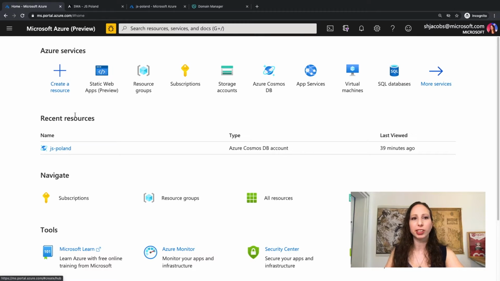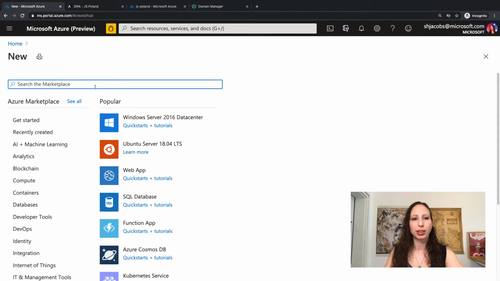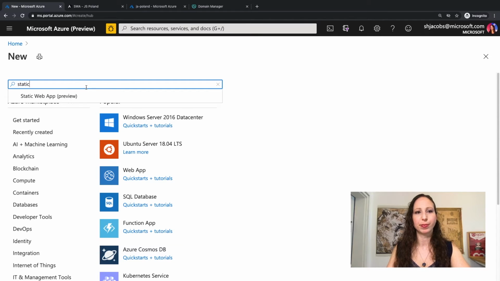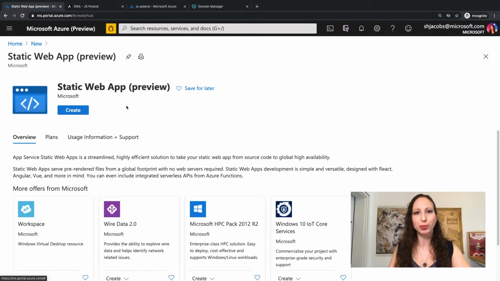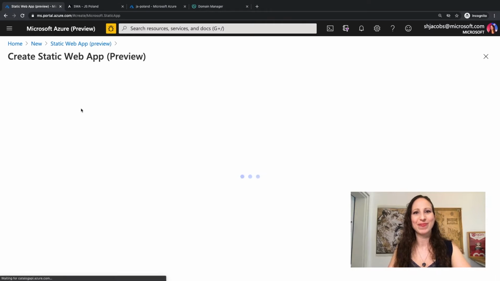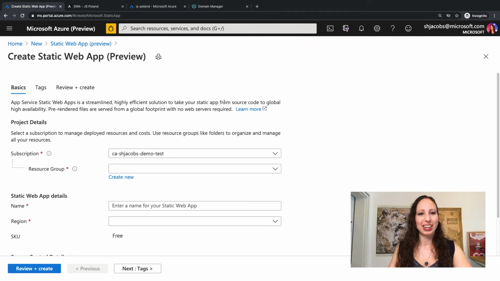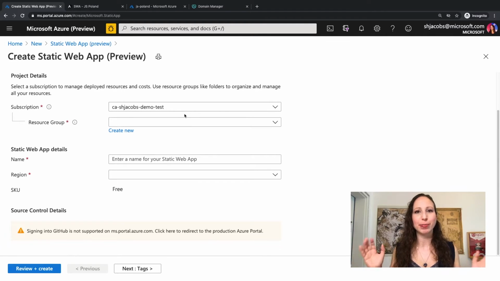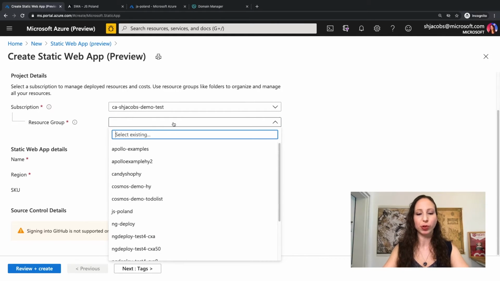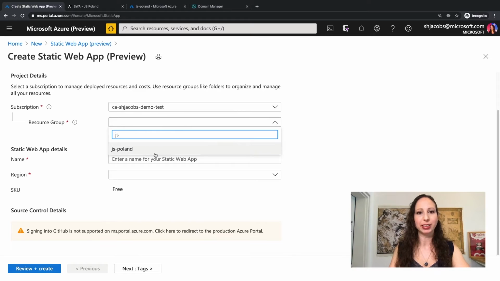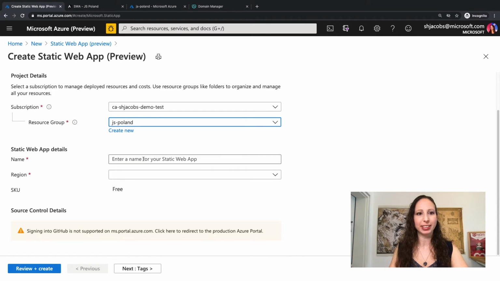In the Azure portal, click on Create a Resource. Now search for static web apps. You can see that it's still in preview, but not for long. Okay, now we have some big decisions to make. We have the subscription. Now what is the resource group? I already have one, where my database is. JsPoland. Now the name for the static web app. JsPoland